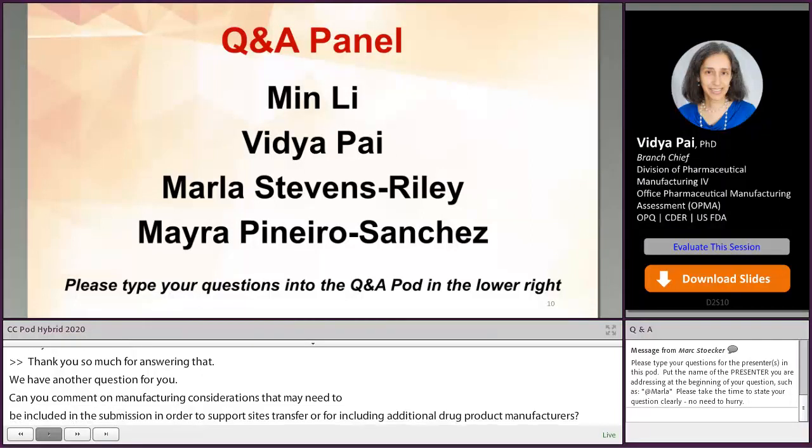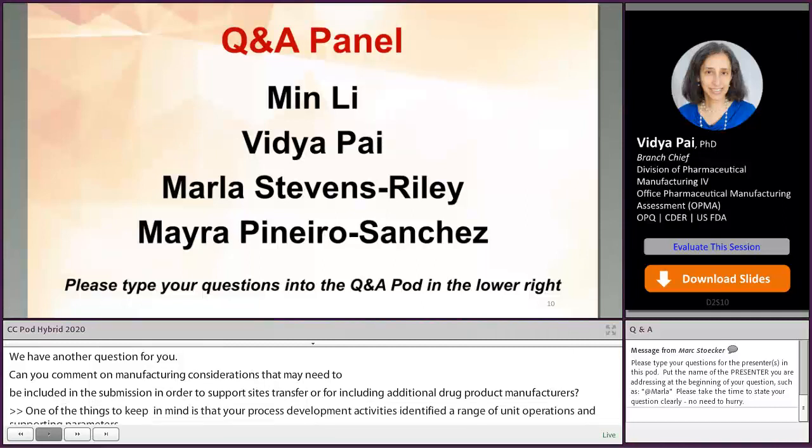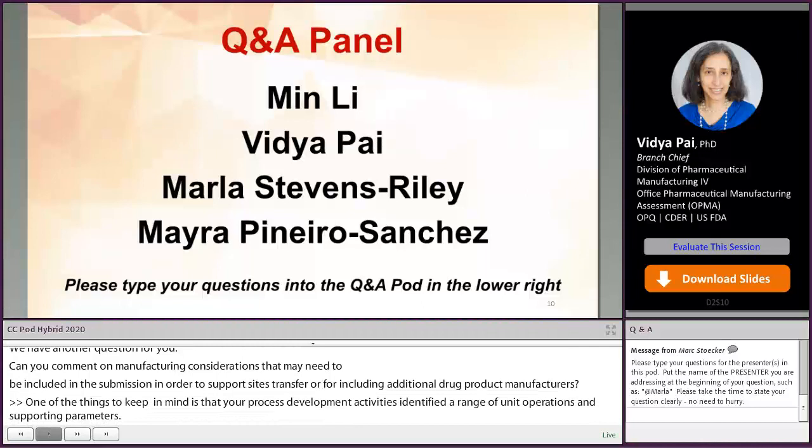Sure. So one of the things to keep in mind is that your process development activities identified a range of unit operations and supporting parameters. Now, if you are considering that they be executed at site A, you've done additional scale-up studies supporting the equipment at site A. If you're thinking about moving this or implementing this in addition at a site B, you may